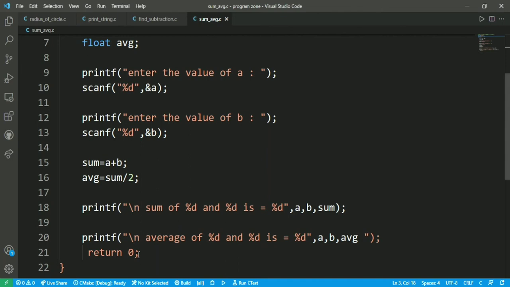Here I have to write the getch function, not return 0. getch. I hope it is correct, and yeah, it is perfectly fine.